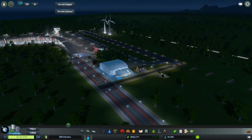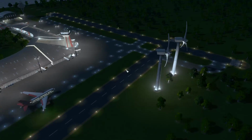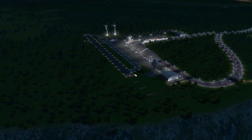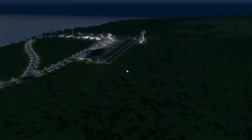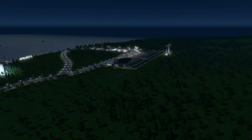Oh, here we go. We're getting our first planes. Let's take a look at this one. Where's he going to go to take off? He's going to go this way, I'd imagine. Let's have a look. Nope, he's going this way. And here he comes. Hooray! The first plane leaving